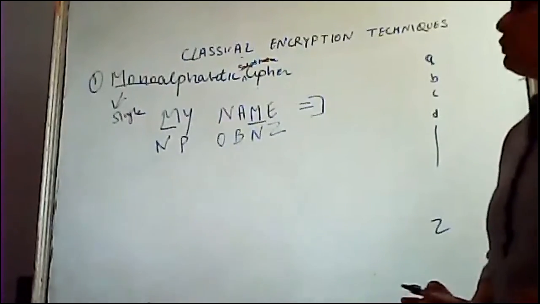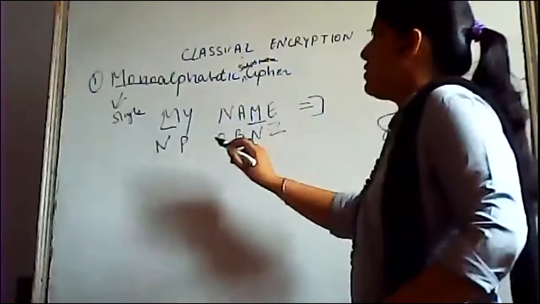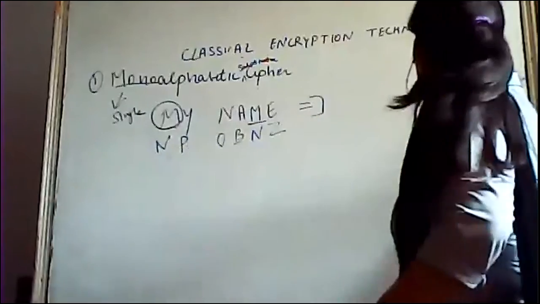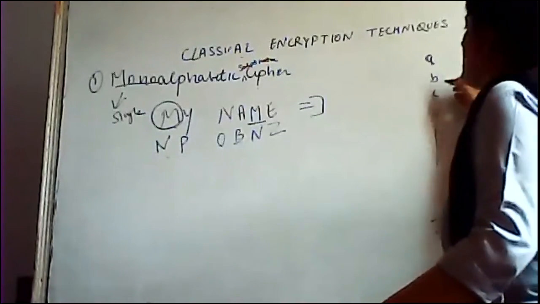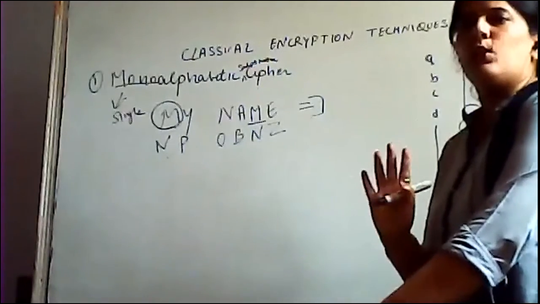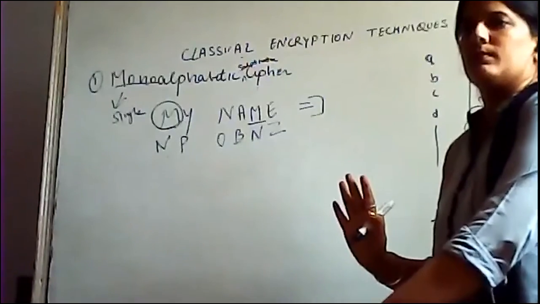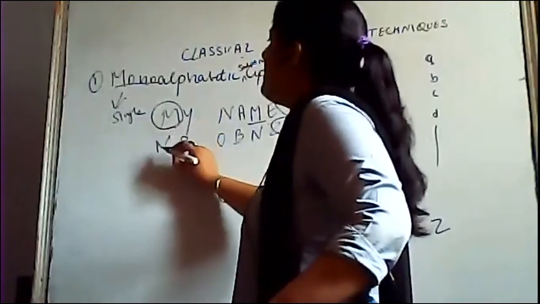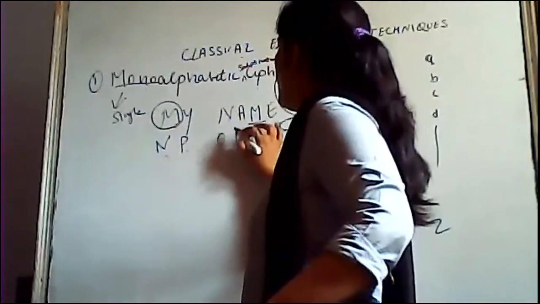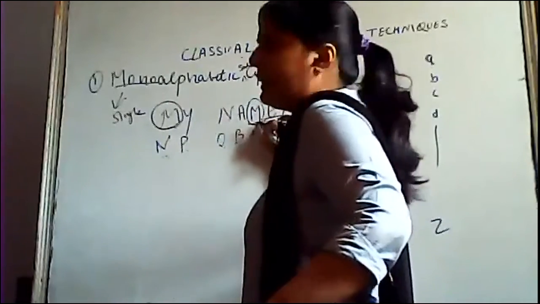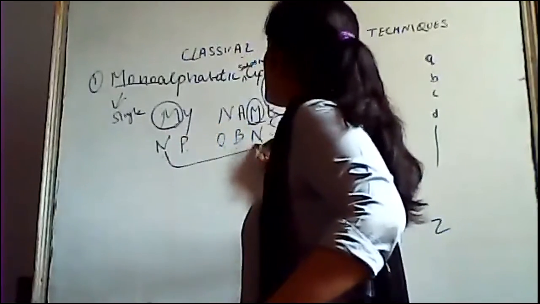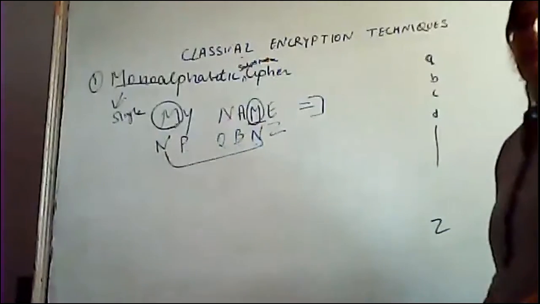Fine. So what is monoalphabetic? Like my name. So I am repeating that particular letter. I have substituted that M with N. तो मैं क्या करूँगी अगर मेरे पास A to Z characters हैं तो I will just give substitution for all those words. ठीक है? But वो single word होगा that will not be repeated and you cannot change also. ठीक है? So you are placing that M with N. ठीक है? M with N. Y with P, N with O, A with B. But again, when you will be getting that particular alphabet in that text, you have to just provide the same alphabet to that same text.